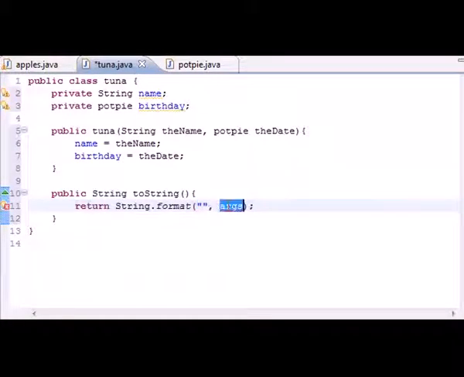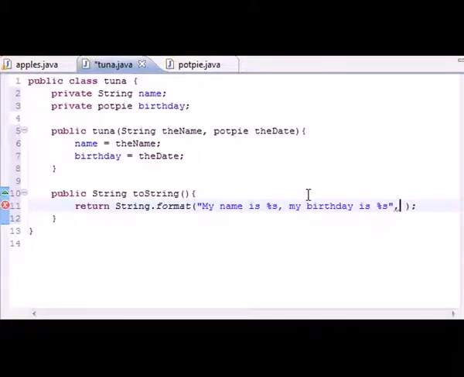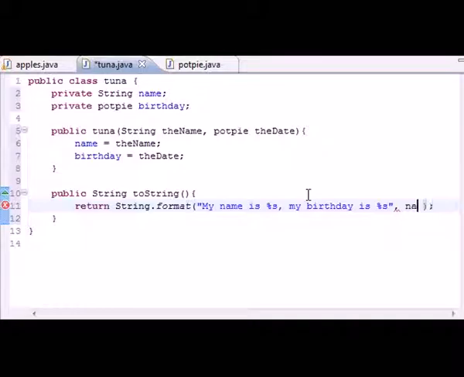I want to do the work myself. In our format, put "my name is %s", and that's going to fill in your name. And then put "my birthday is %s". And here's where it gets kind of tricky. Name,